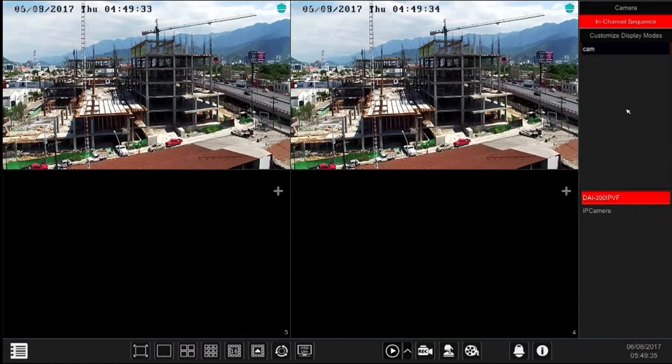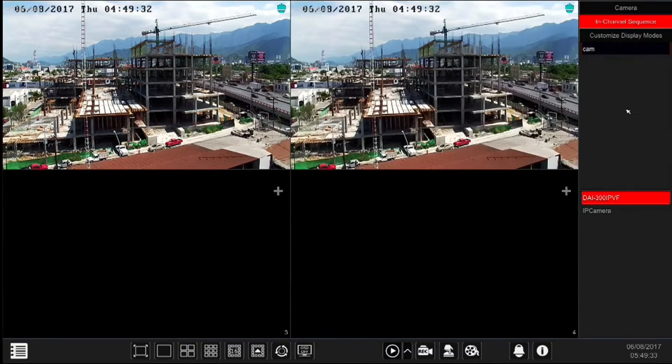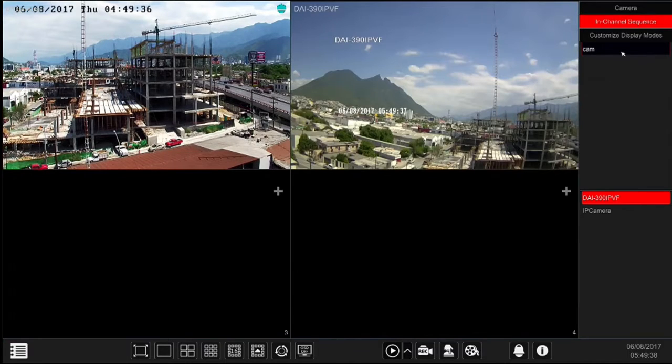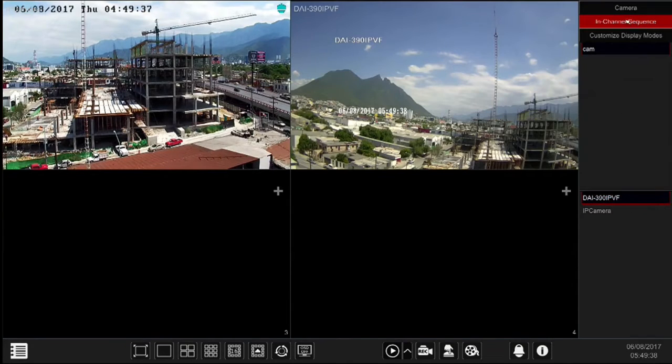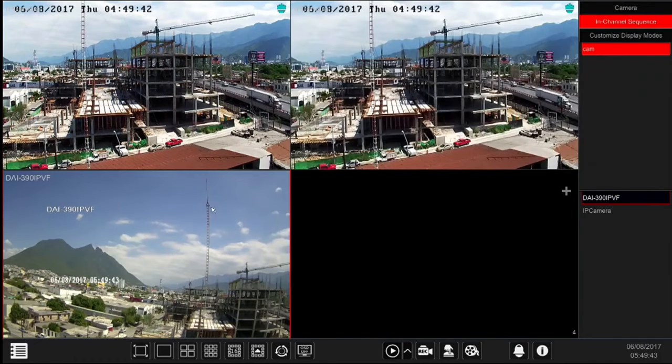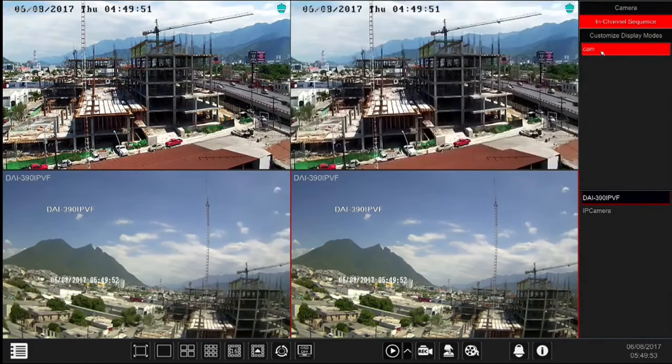In-Channel Sequence needs to be configured in order to be active. We will discuss the configurations later on in the tutorial. For now, we will use our pre-made group for demonstration purposes. Also here, you can either drag the group name from the right panel to the selected window on the left, or select one of the windows on the live view area and then double-click on the group you wish to